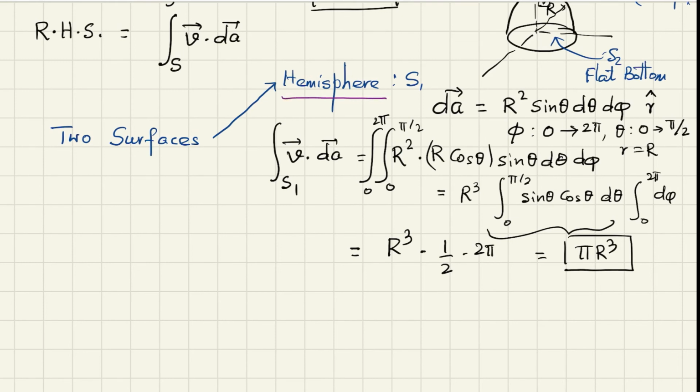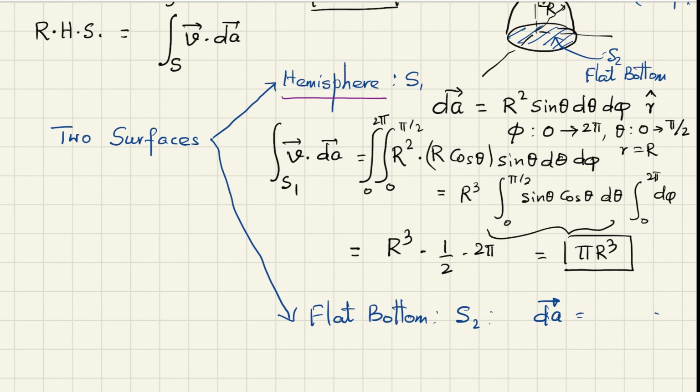Now let's go to the other, that is the flat bottom, which is S2. What will be dA for S2? dA is simple. This is the flat. In which direction is that pointing? In minus k direction, which is nothing but plus theta. So dA is totally flat, pointing in plus theta direction or minus k direction. And this is that simple flat bottom, and hence it is easy to write down. This is r dr